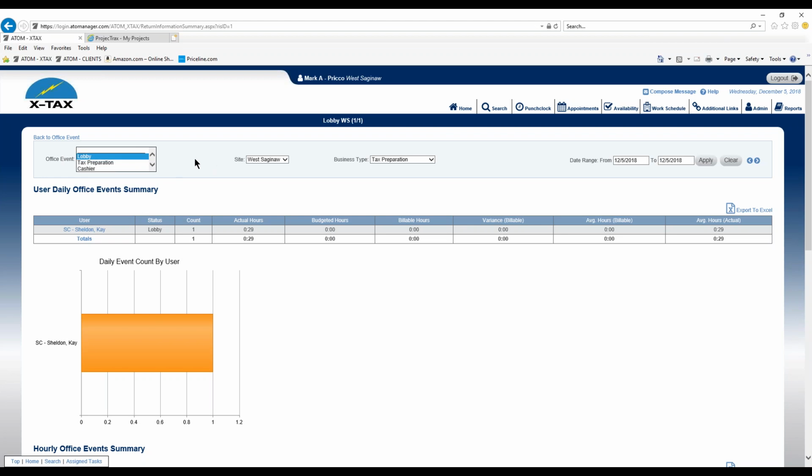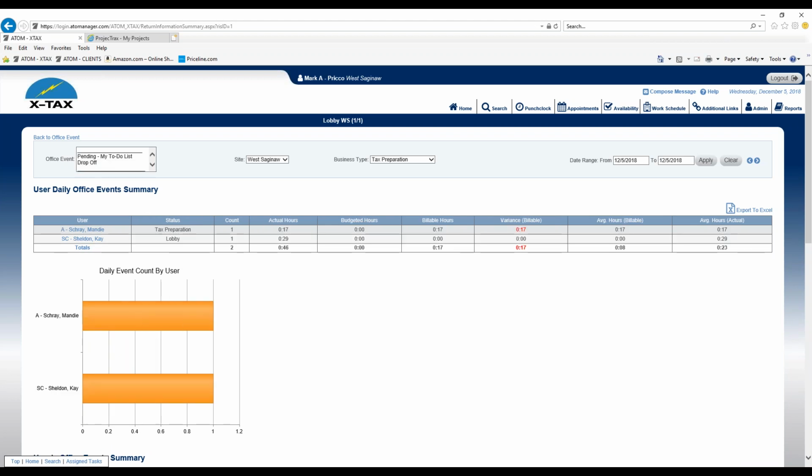So up here in this shaded blue area, these are the different filtering of how we can run these reports. So the first one, Office Event, which now I have Lobby selected. If I want to have more than one event at a time, I can hold the Control key on my keyboard, and I have 2. And so then you see now I have 2 different statuses displaying Tax Prep and Lobby. The filter over here, Site West Saginaw, I could select any site. Business type, again, select any business type for these particular office events,